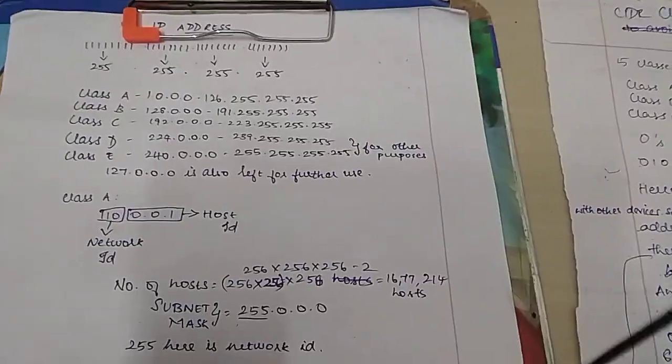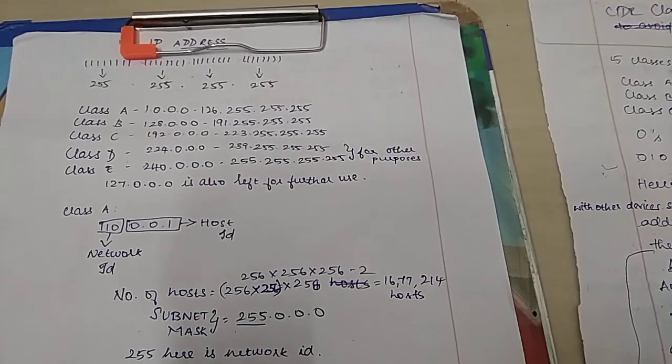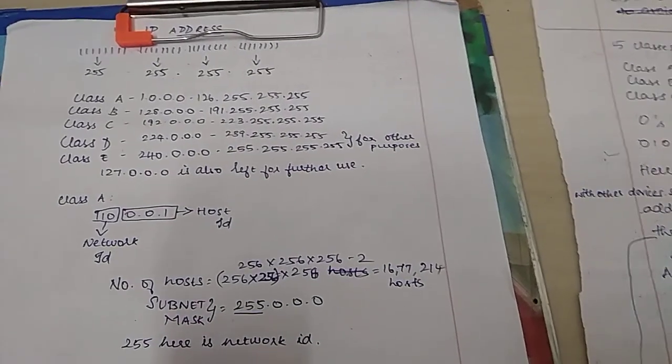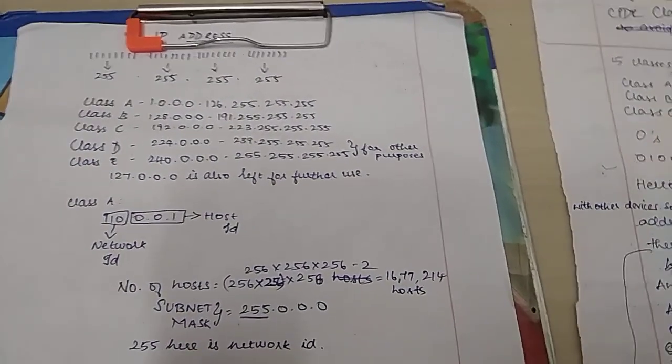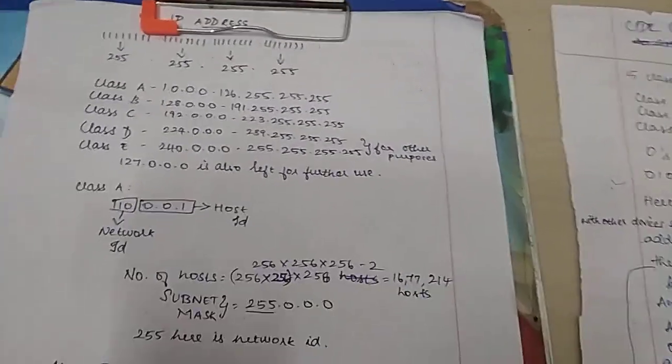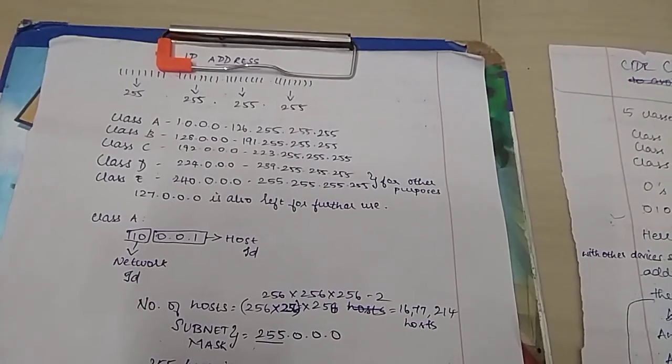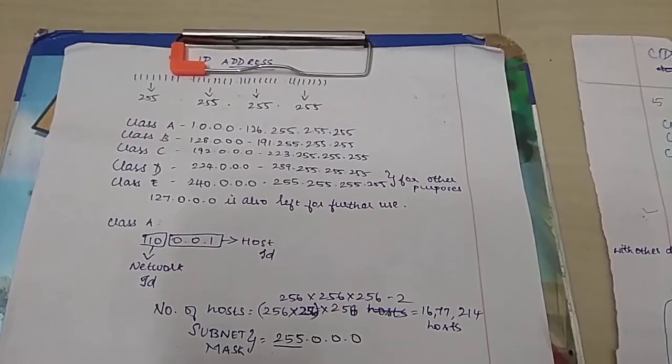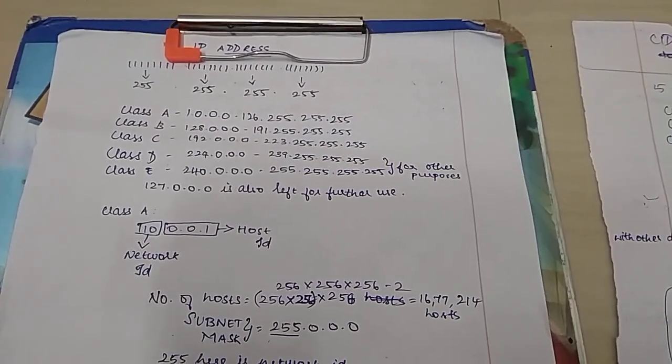Now, there are 5 classes of IP address. Class A is between 1.0.0.0 to 126.255.255.255. Class B is between 128.0.0.0 to 191.255.255.255. Class C is between